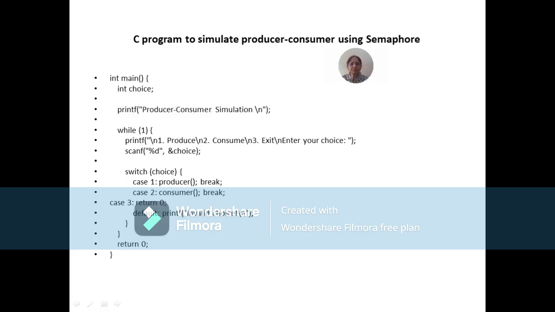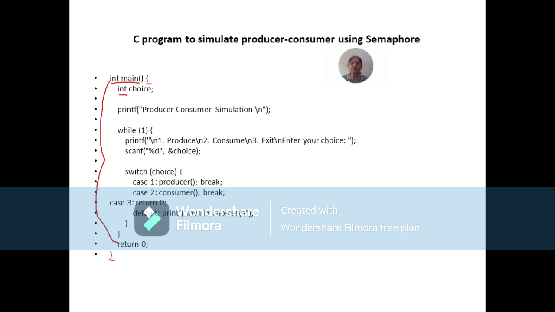Now let us see the body of our main function. If you see here, it says int main. That means the return type of our function main is integer, and whenever there is int, we have to have this return 0 statement. So we are returning 0 if we say int main. This is the beginning of our main body, and this is the closing of our main body. Okay, so main function begins here and main function ends here.